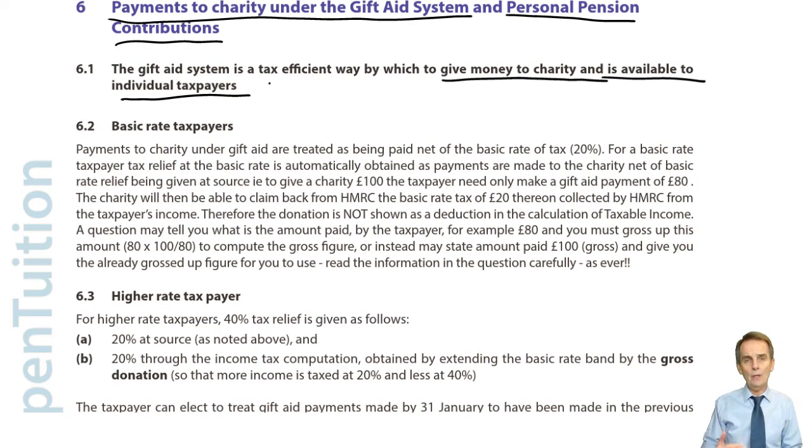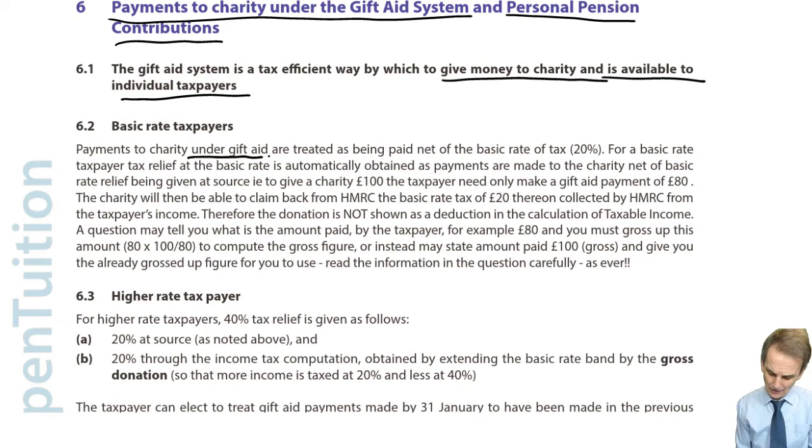So anyone who is at least a basic rate taxpayer is said to get tax relief at the basic rate at source. Because what I am able to do, if I want my charity, as I've just said, to have £100, is give them only £80. The basic rate tax that I had suffered and paid over to HMRC is given back by HMRC to my chosen charity. Good news. Right, so let's look at what we've got to say about this.